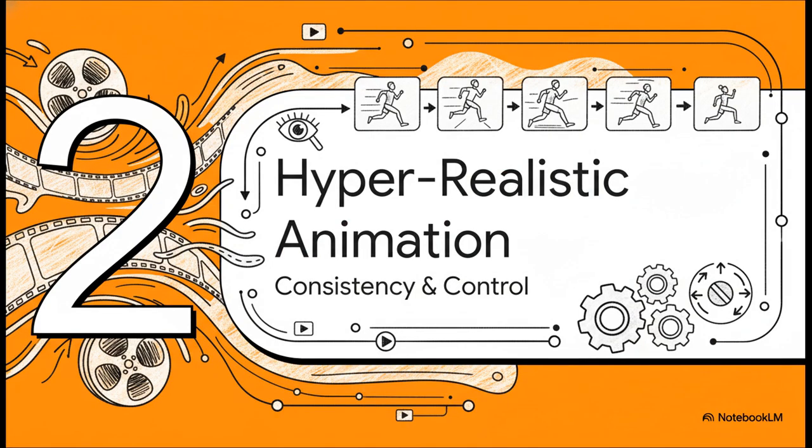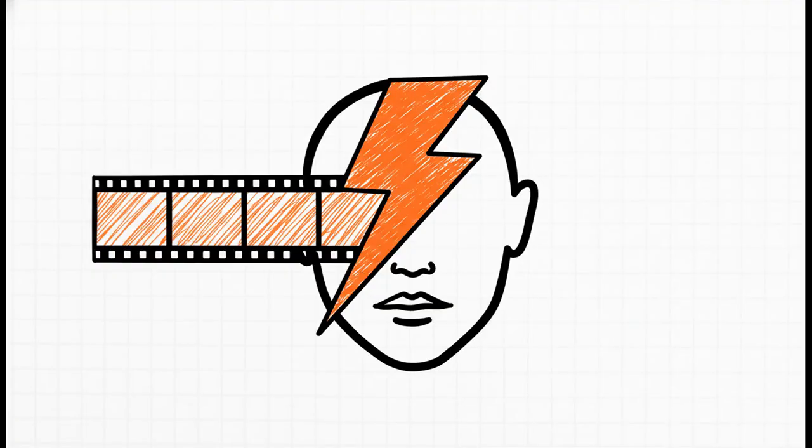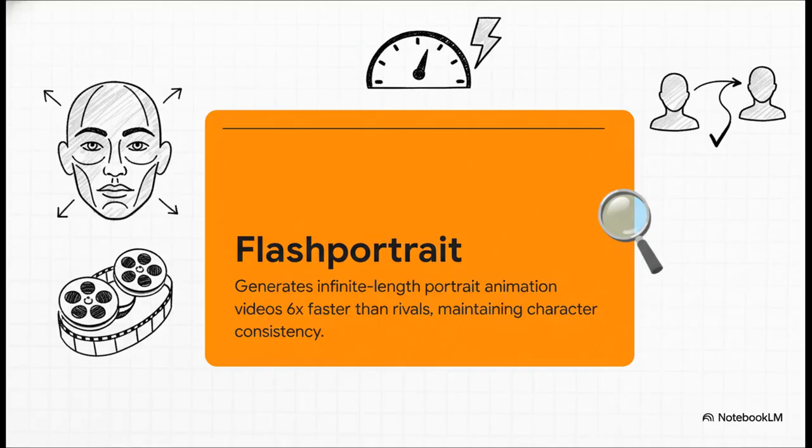Next up, we move from AI that can play to AI that can create. We're looking at a new tool that generates hyper-realistic video, and it finally solves one of the biggest challenges in this space, maintaining consistency over long durations. The tool is called FlashPortrait, and it comes from Alibaba's Tong Yi Lab. So its main function is to map the facial movements from a driving video onto a still image. But the two key advantages here are, one, it's about 6 times faster than previous methods, and two, and this is the important one, it can maintain the character's identity over an infinite length. This solves a major failure point we've seen in older models.